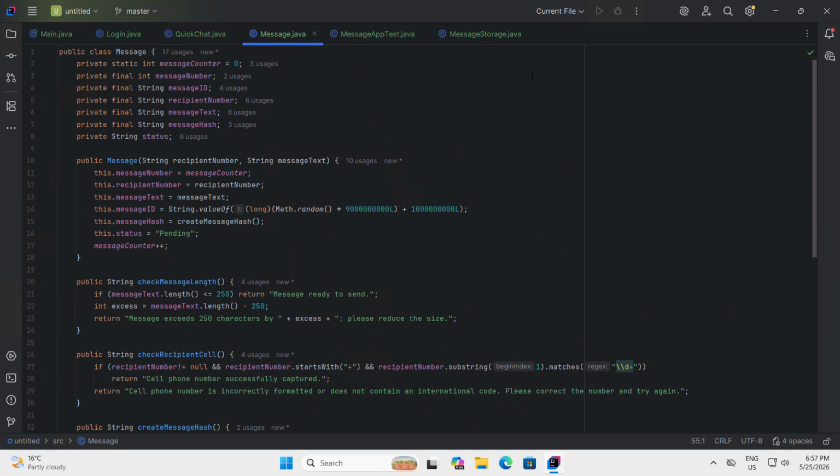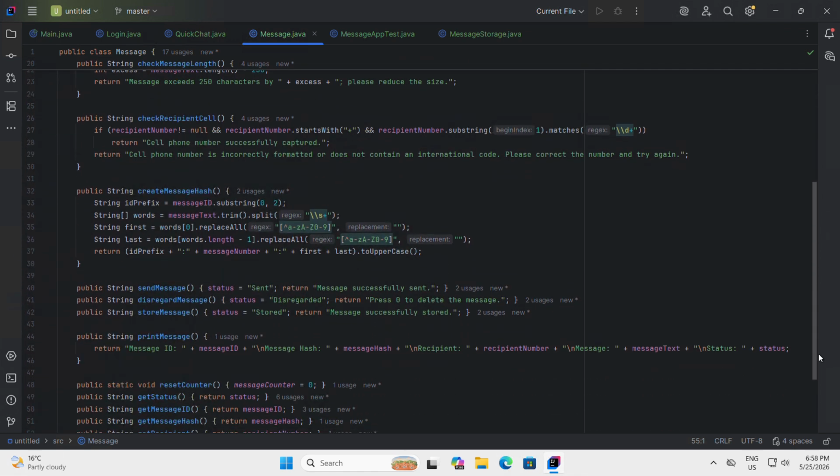The hash uses the first 2 digits of the ID, message number, and first and last words. It has validation. Check recipient cell ensures that the number starts with a plus and has digits. Check message length ensures 250 characters or less. Status methods set it to sent, stored, or disregarded.